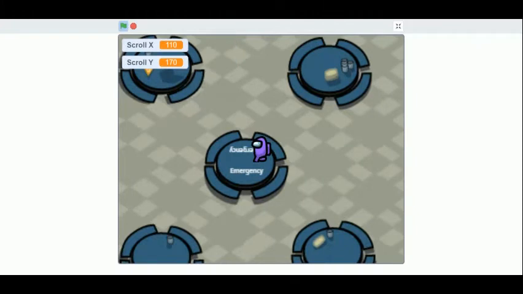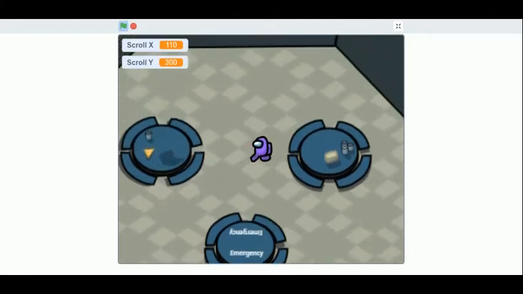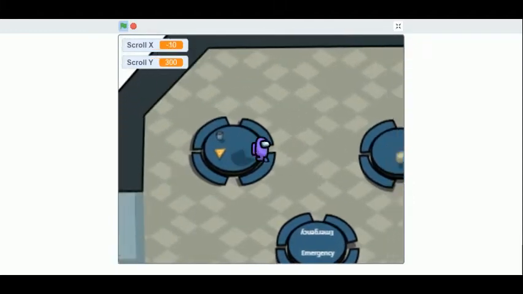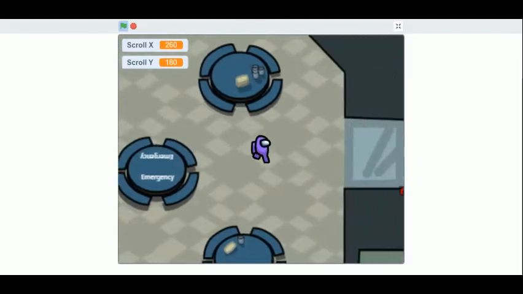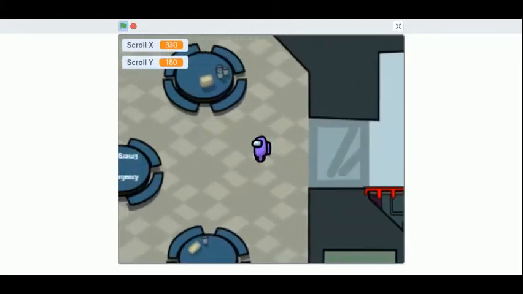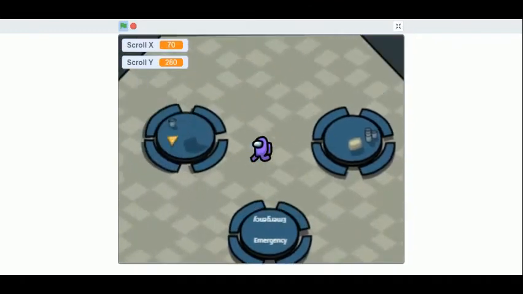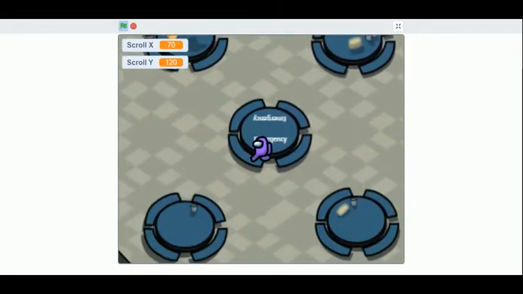And after going to all the places, you go back to this laptop again, and it asks for the code in the order, and you win. There would be some elements in the way which can kill you. So this will be our game. Let's dive in and make our own Among Us game in Scratch.